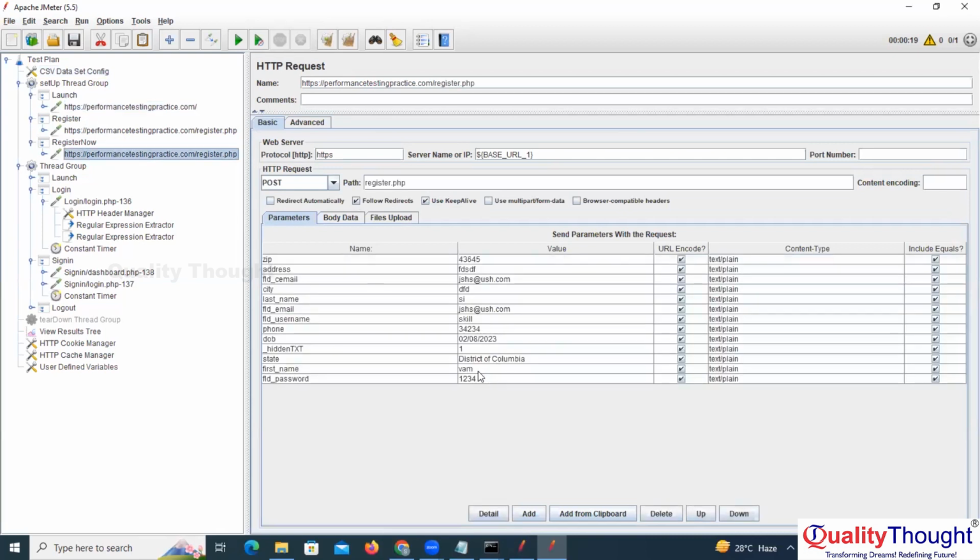And P, dollar, P, first name, dollar, P, last name, and